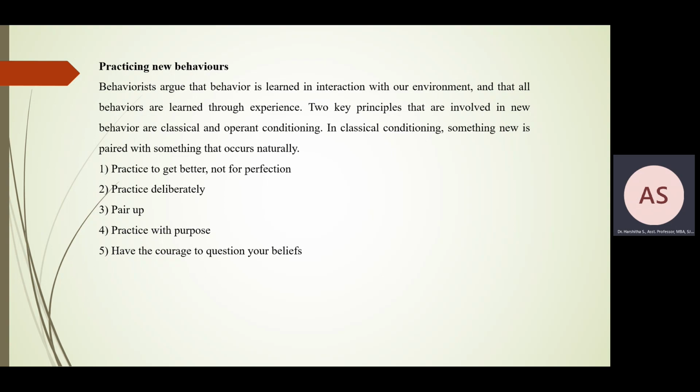And these behaviorists argue that behavior is learned in interaction with the environment, and that all behaviors are learned through experience. Two key principles that are involved in new behavior are classical and operant conditioning. In classical conditioning, what happens? Something new is paired with something that occurs naturally. Classically means traditionally, or which has come from its own way, or from a long way. So those are the